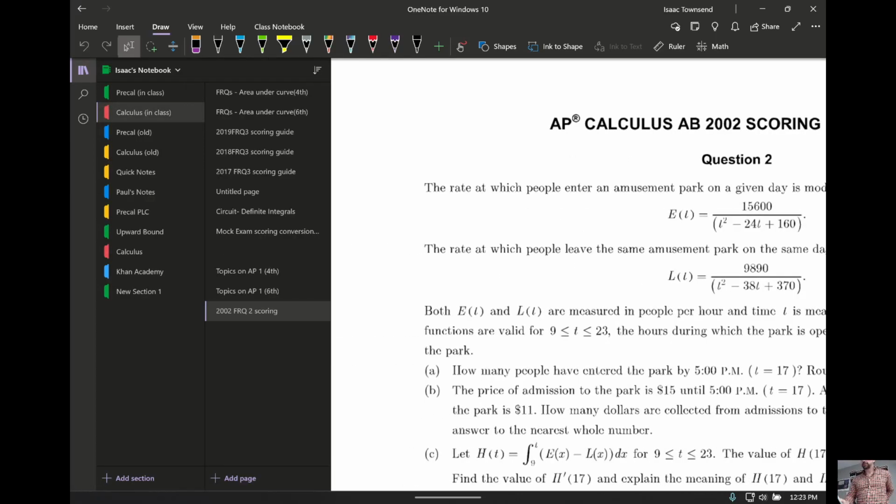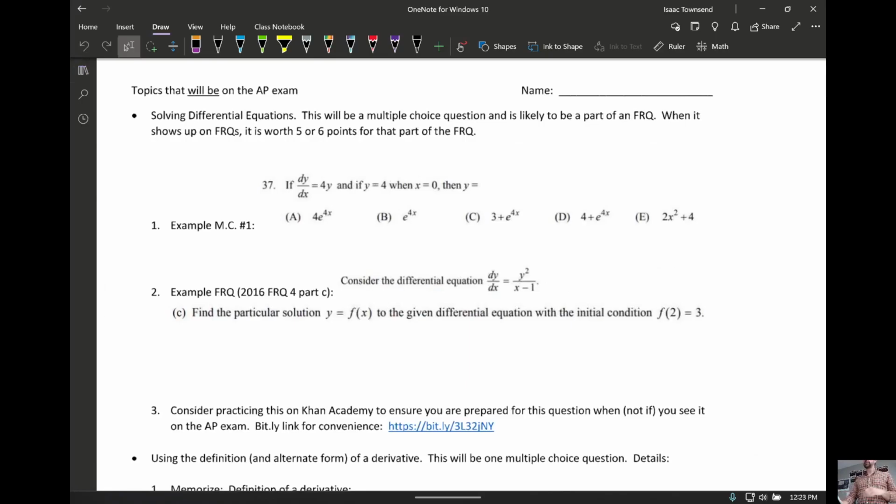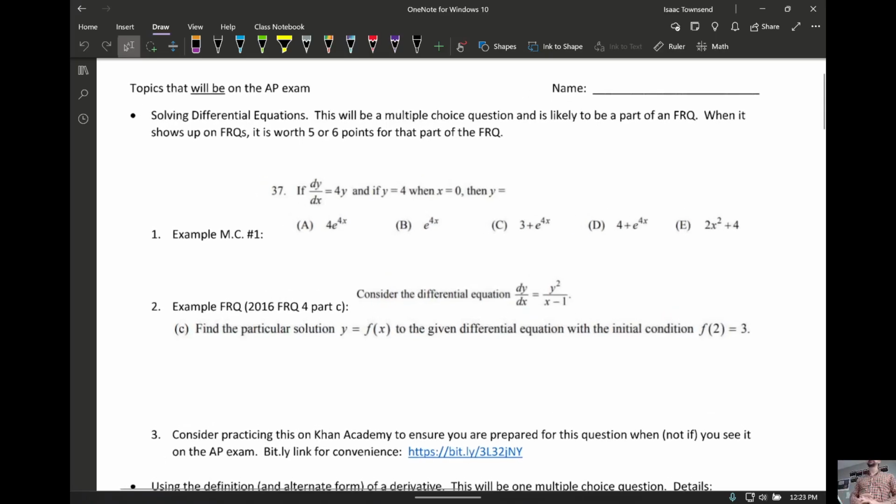But let's move on to the other handout you picked up, the one that's called Topics That Will Be on the AP Exam. So of course I don't know everything that's going to be on there. Some stuff shows up once every 5 years. Some stuff is not predictable. Some stuff has some twists and turns to it. But the ones we're going to look at today,